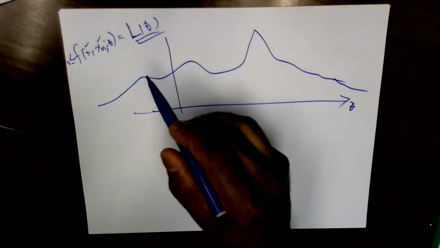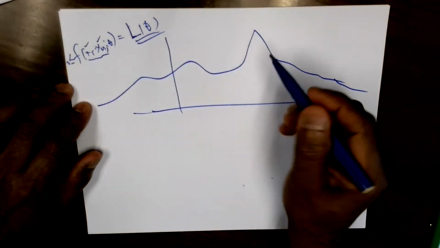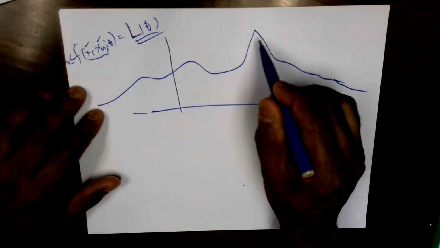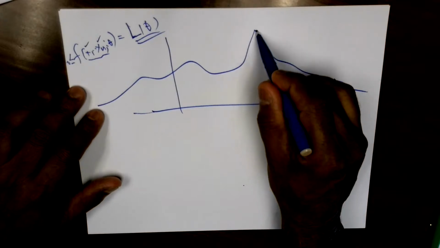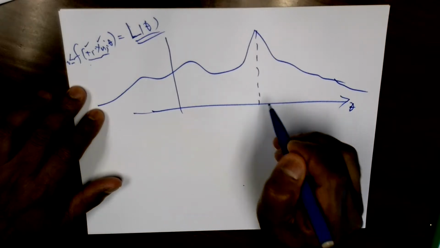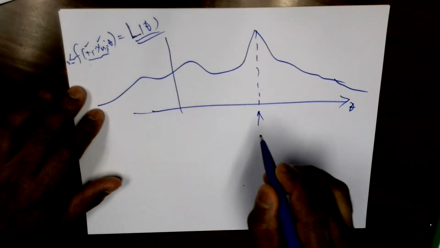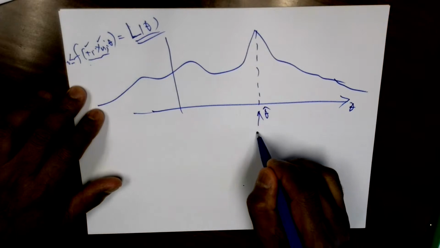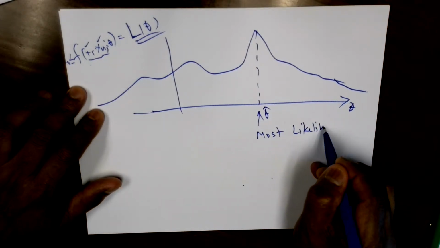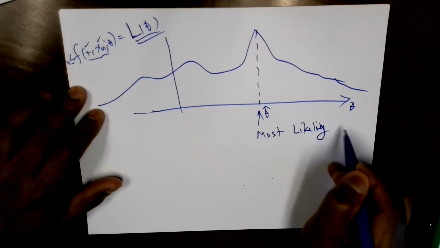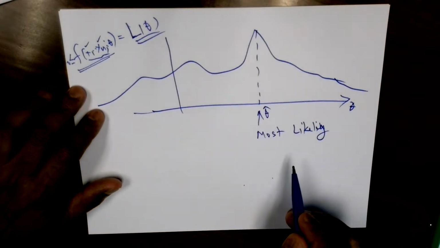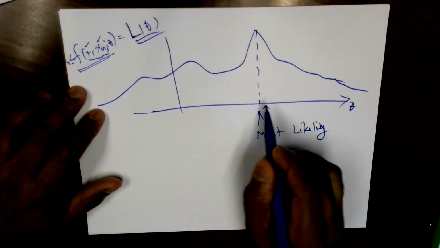So what it says is, given this data, we could interpret this function as saying that this peak corresponds to the most likely value of theta suggested by the specific data. So this is obviously a value of theta. The most likely value, most likely because that's where the probability density function peaks. This is where the function peaks. So this value of theta